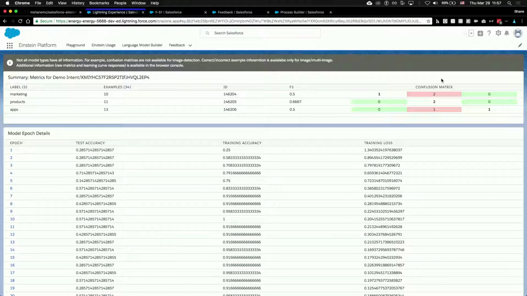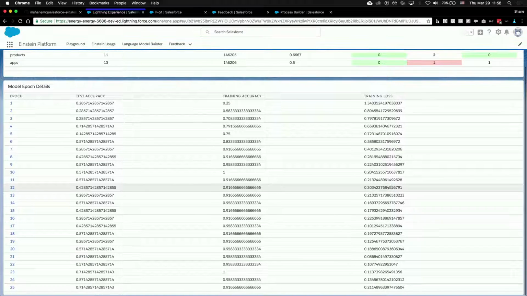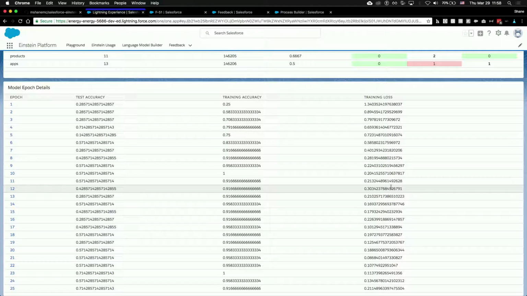The other thing you'll see in here is that we have only 1, 2, 3, 4, 5, 6, 7 things that were actually put through our test. And so what happens is, of the 33 examples that we have here, it's 34 now because I changed that one, of the 34 examples that we have, a section of them is used for training data, for actually building the model, and then some of it is set aside for test data, where we get to put them against the model that we train and see how we did. And what Einstein is actually doing for you is going through your data and working different ways of looking at it so that it gradually gets to slightly better scores, okay?